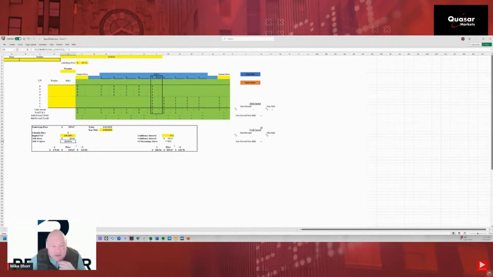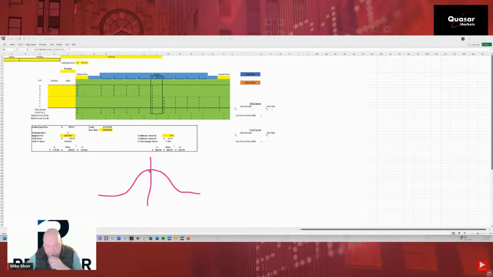Exactly, Frank. Implied volatility does not tell us anything about direction. So hang on, let me get my drawing tool up here. Remember, one of our assumptions is that we have a normal distribution, with this being at the money. So it just tells us about the magnitude of the move. It doesn't tell us anything about direction.